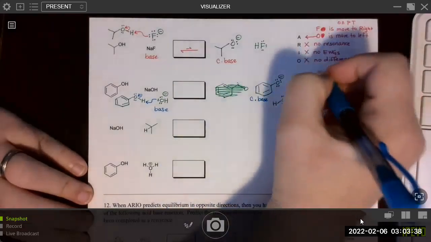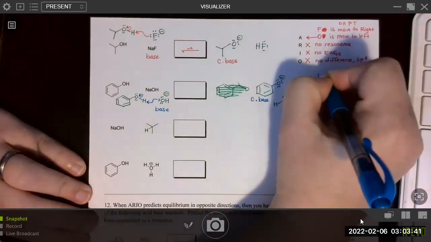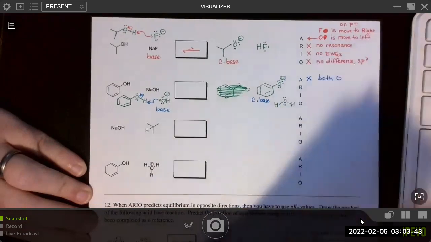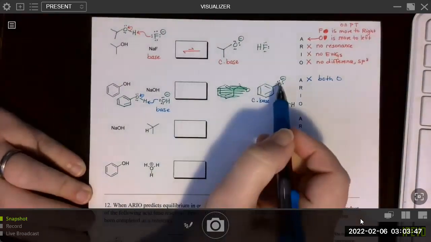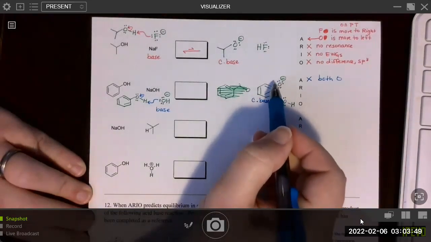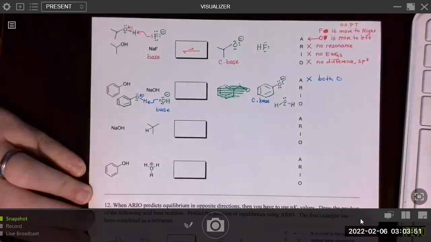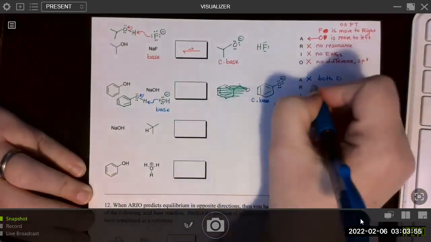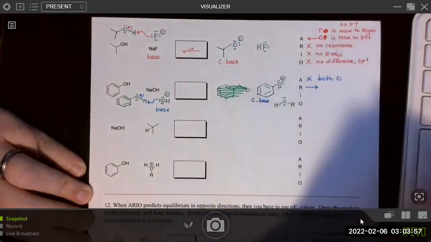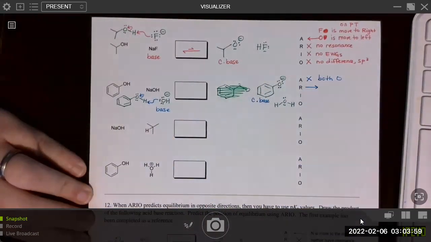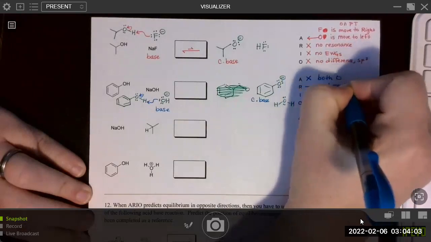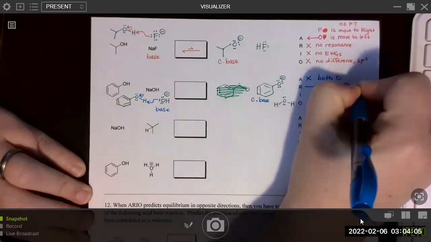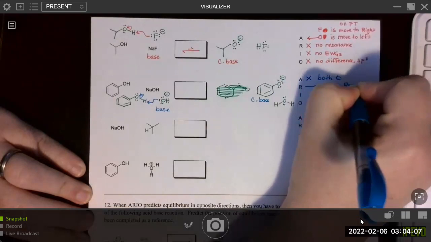So we're going to put an X on the atom because they're both oxygen. And then in terms of resonance, though, this lone pair on the oxygen is stabilized through resonance to the ring, right? So we'll say that this one's more stable through resonance, so we'll predict going to the right here. We'll say conjugate base, resonance, stabilized.